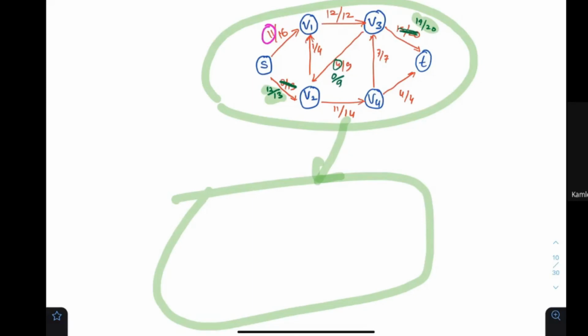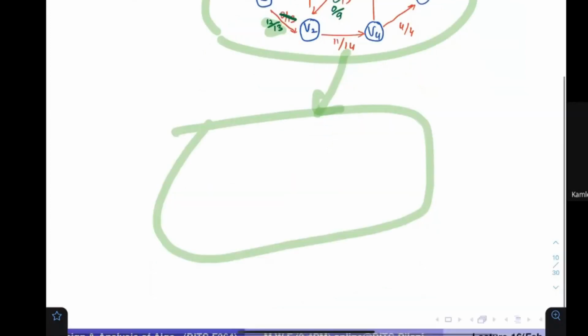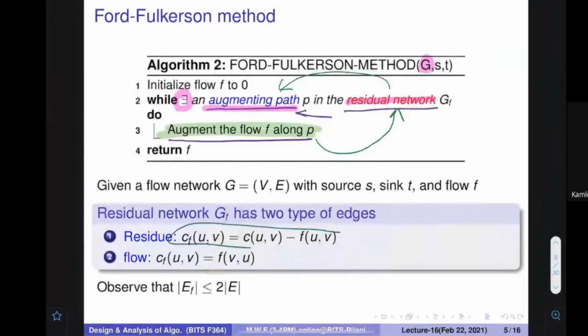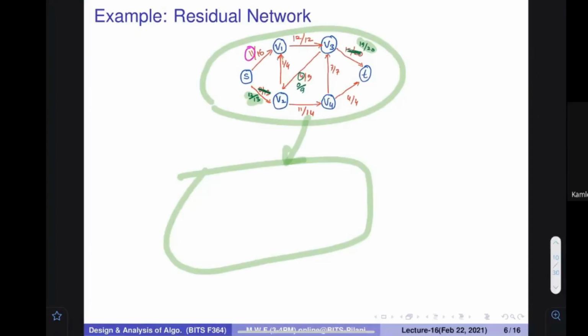Otherwise, what would happen now? I would be in a big problem. This value should become 0 by 9. Okay, you are all right. Makes sense. Ultimately, look, there are equations written, so we are just writing like that. Thank you very much for pointing this out. The value should be 0 because I was augmenting into this particular direction. So here this 4 becomes 0.